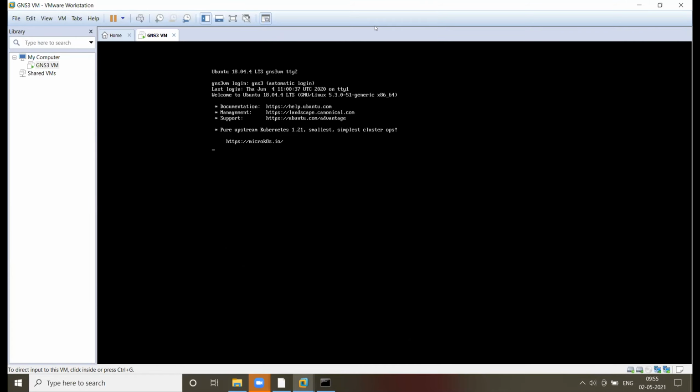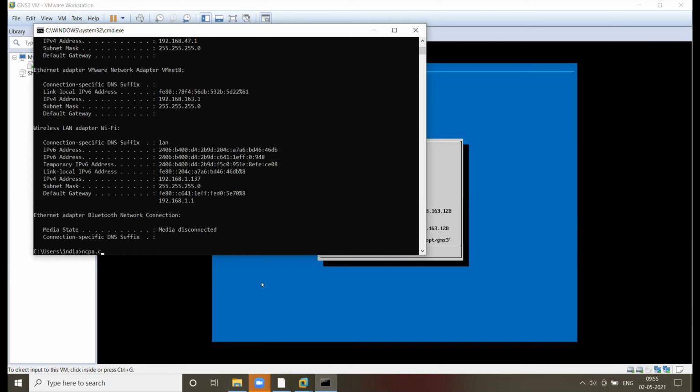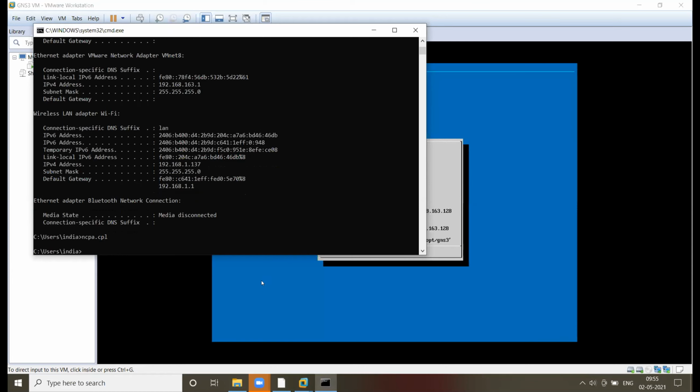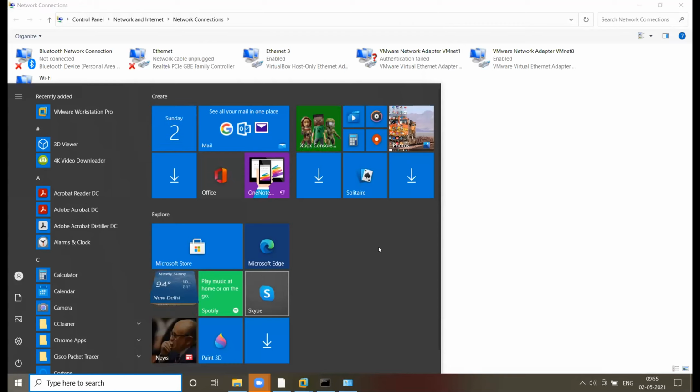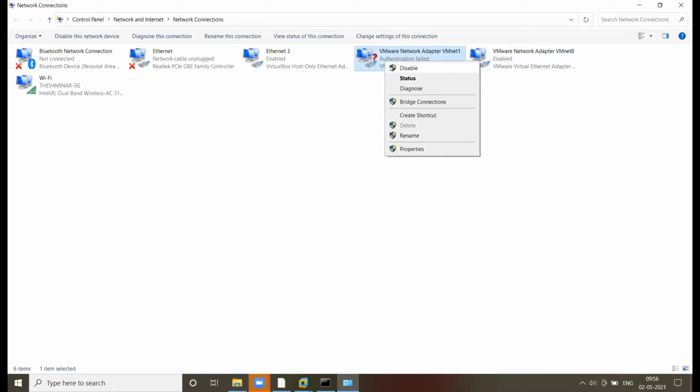Can you please open this command prompt? Type here ncpa.cpl. Now, guys, you can see the VMNet 1 and VMNet 8 LAN cards. Wait, 2 minutes.